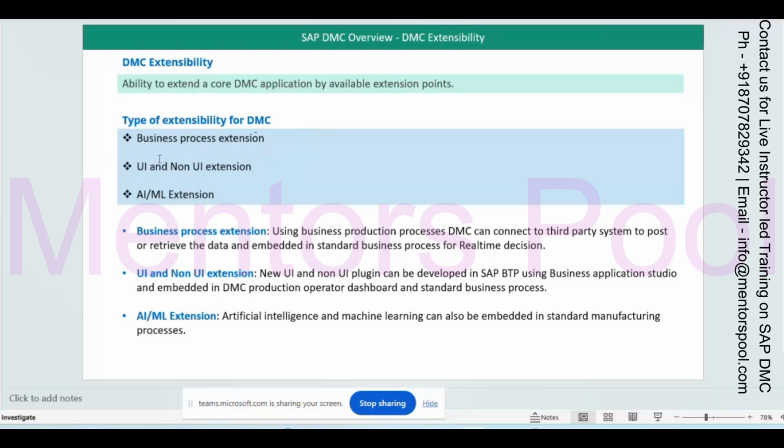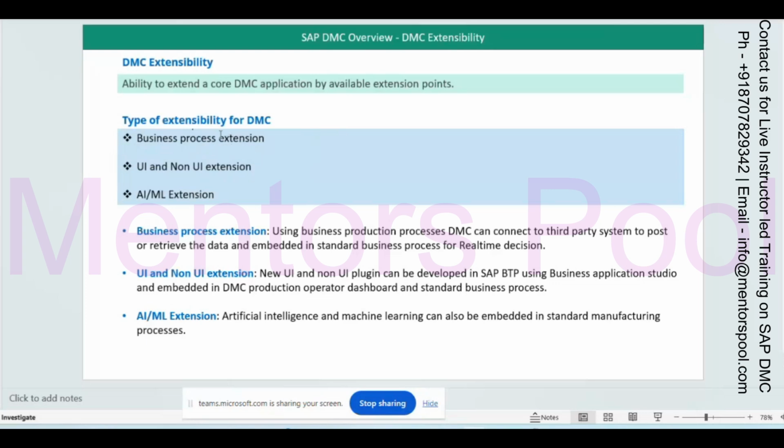So you can use UI5 to build it, and then you can use that user interface inside your DMC. This is if a UI extension is needed. If an AI/ML extension is also needed, you can do that at the BTP too, because BTP also provides the artificial intelligence machine learning platform. There you can build your own model, and that model you can also use in the DMC. So these are all the options that you can use for DMC extensions.